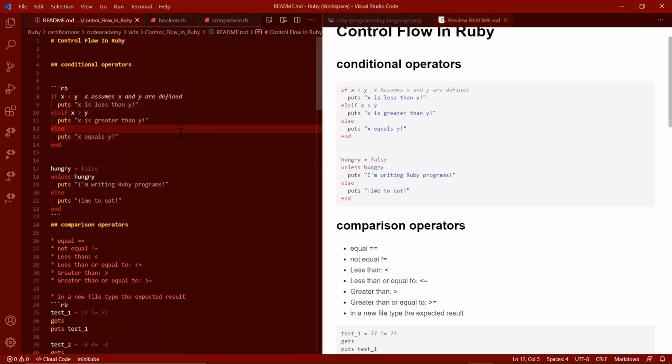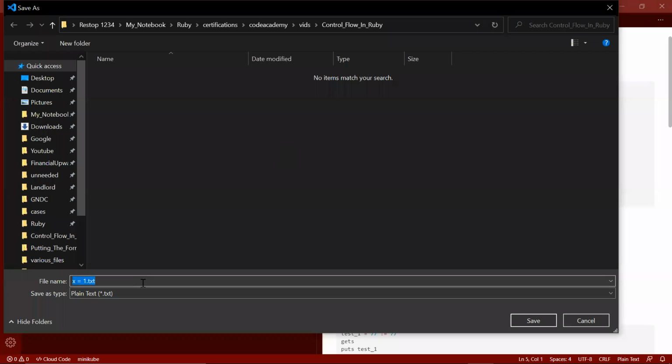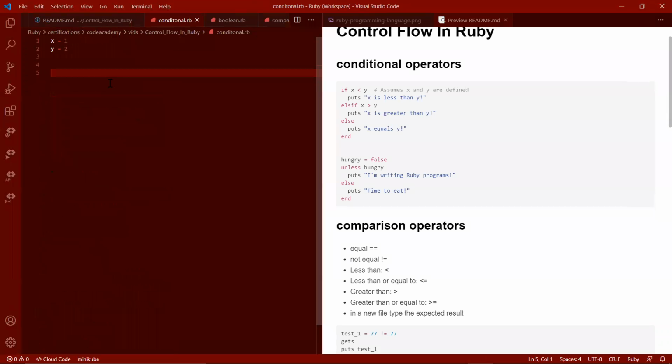I'm just going to go ahead and create a new file, and I'm going to save it as conditional.rb. When we deal with our if statements, we're basically asking a question. We're asking here if x is greater than y. Let me use numbers, just because it's easier. If x is greater than y, what we want to do is